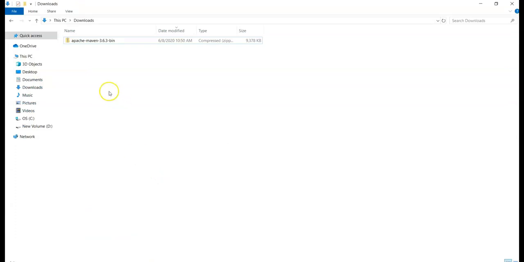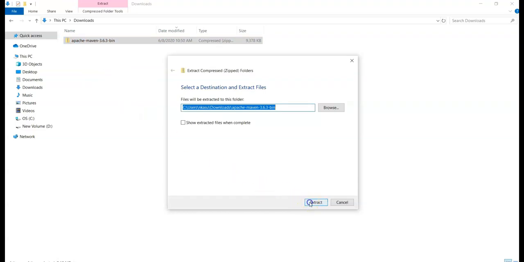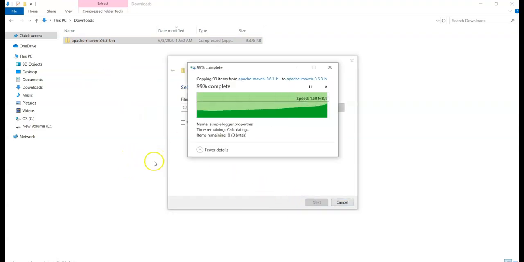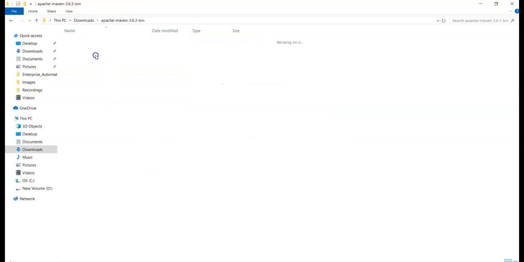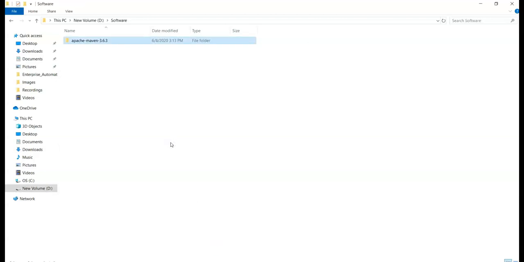After downloading the file, you will get this zip folder. So we need to extract this zip file by right clicking and click on extract all. Now we need to place this folder in any of your directory in your hard disk instead of C drive, because if you format the system, so it will get deleted automatically. So for that we need to copy this folder and place it in any directory in D drive.